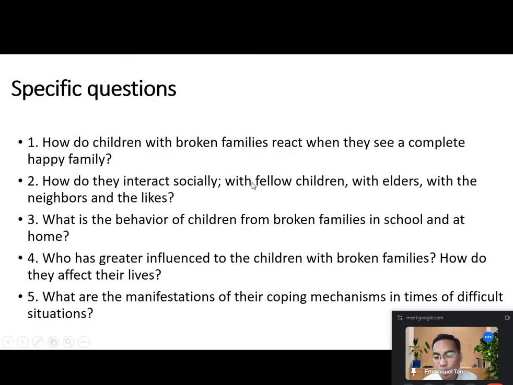Okay? So, we'll start with the question and answer portion, and then later on we'll have workshop on the formulating research questions. Okay? So